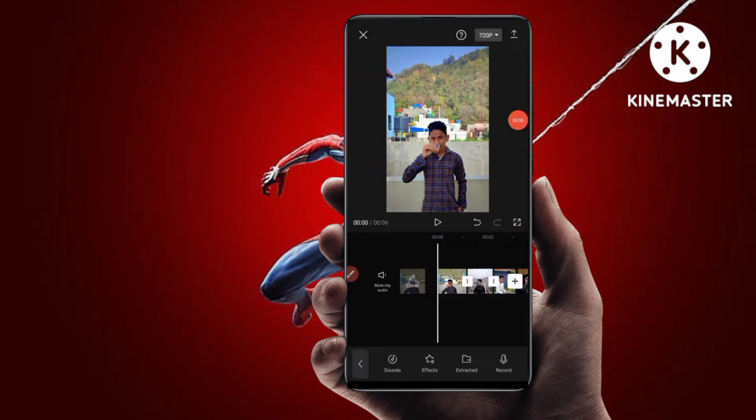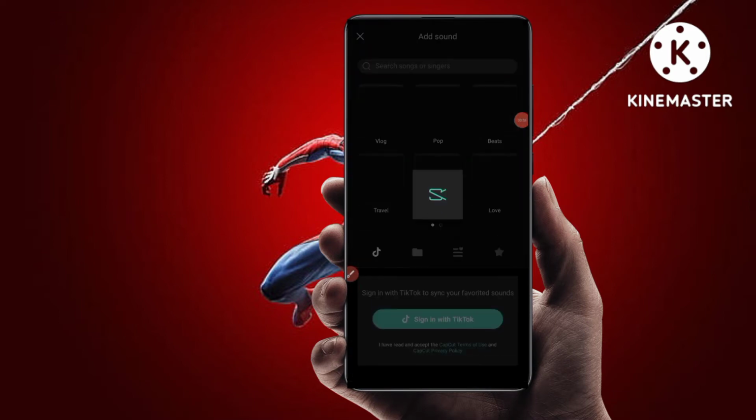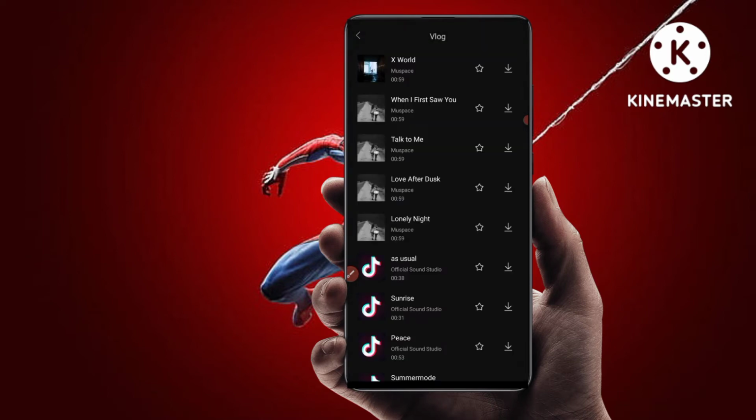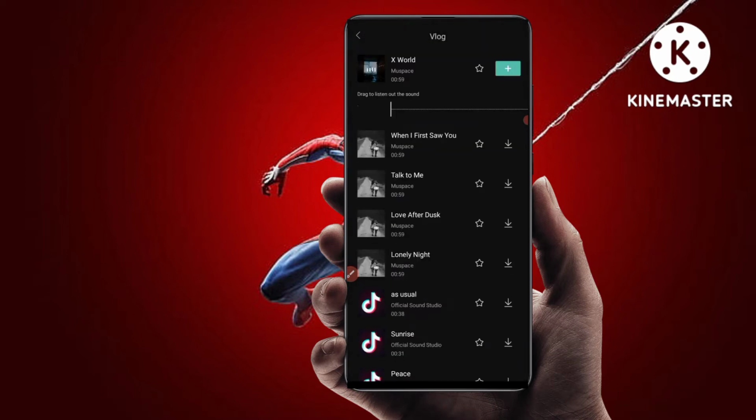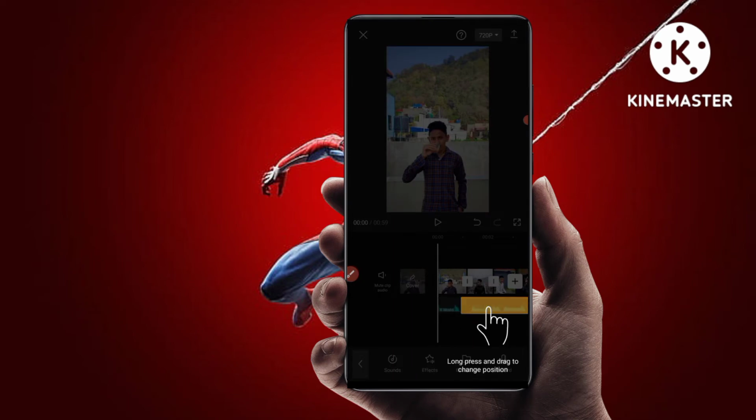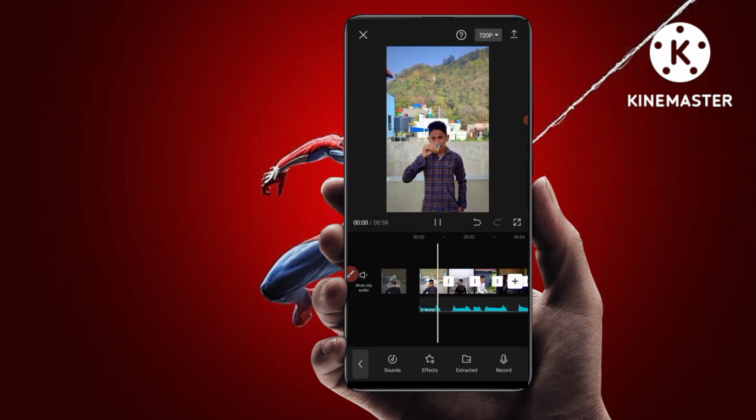Now guys, you can add audio also, you can add sound, music, anything. So I select one sound. Okay, so if you want to do the 3D effect, just click on this photo, and then you can see here